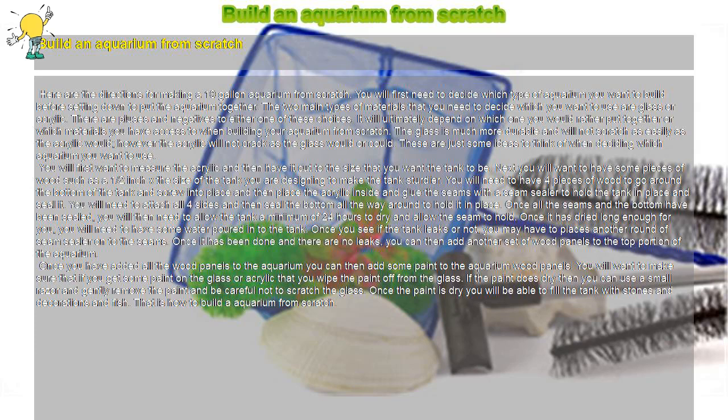Build an aquarium from scratch. Here are the directions for making a 10-gallon aquarium from scratch. You will first need to decide which type of aquarium you want to build before sitting down to put the